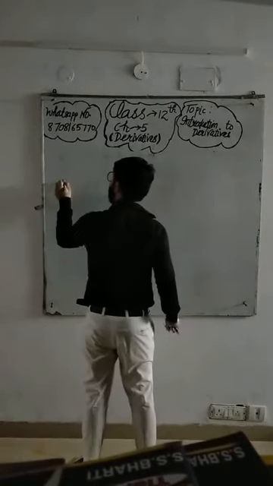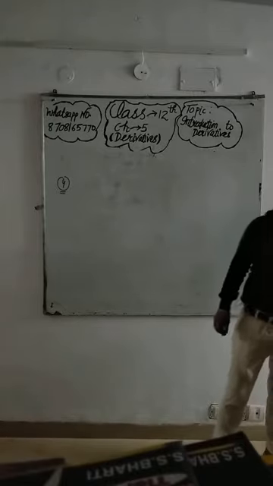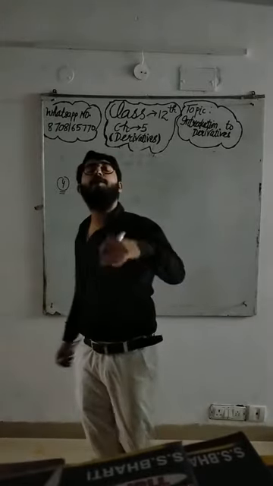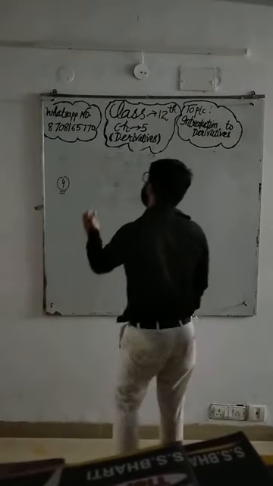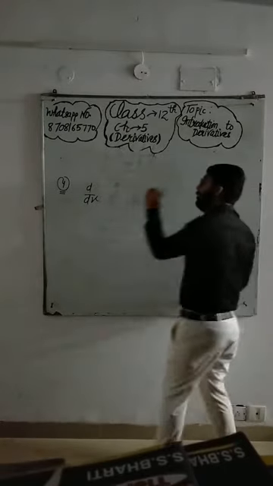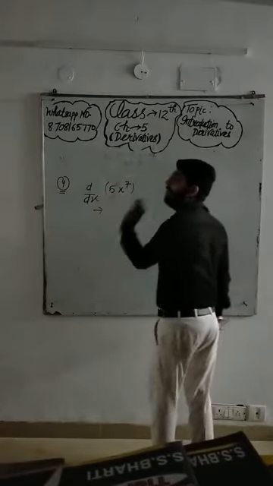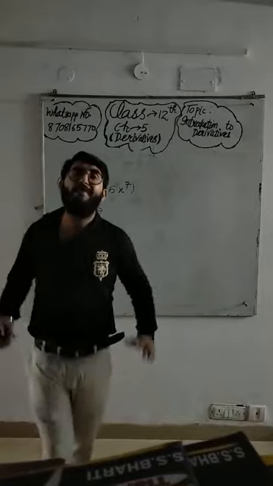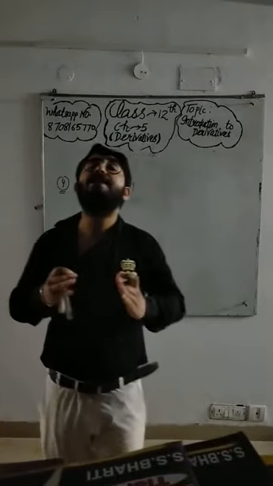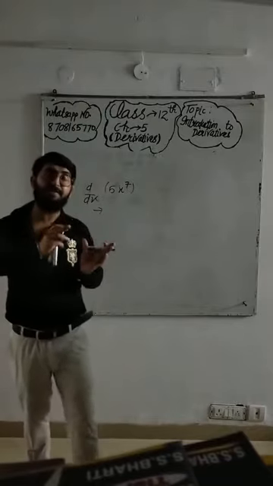Let us learn the fourth formula. Whenever there is a constant multiplying the variable, it will not be one time, it will be 2 times, 3 times, 4 times, 5 times, 6 times. Suppose you are to differentiate d/dx of 5 times x raised to the power 7. It is 5 times x raised to the power 7. How will you differentiate it?